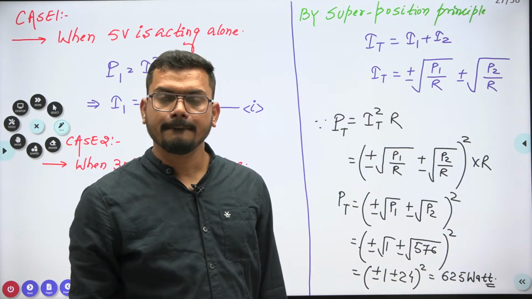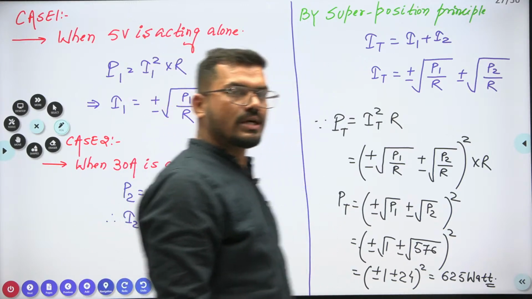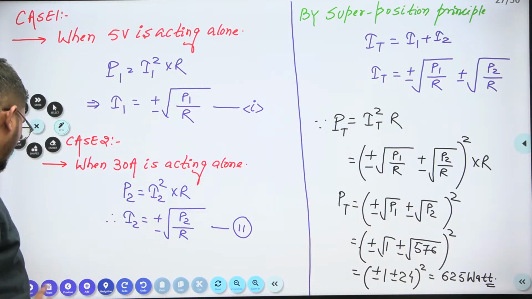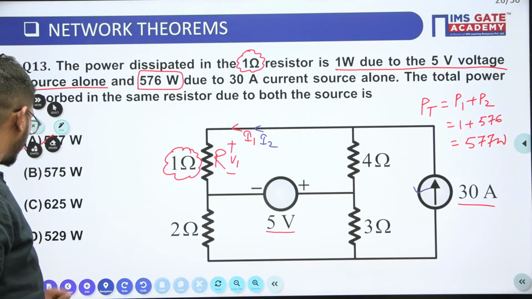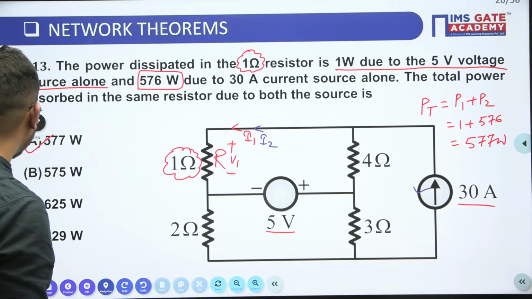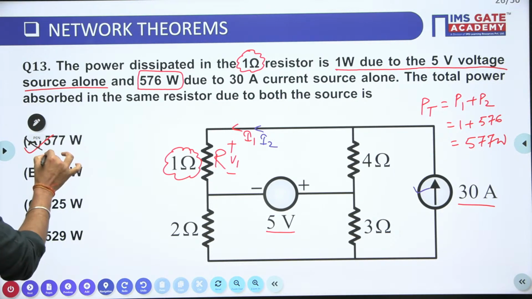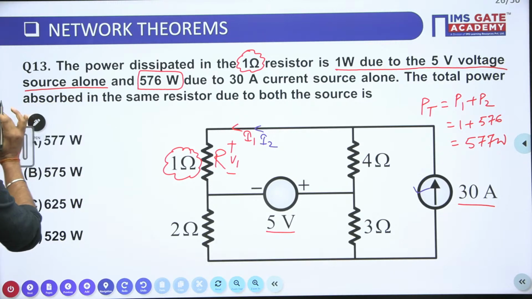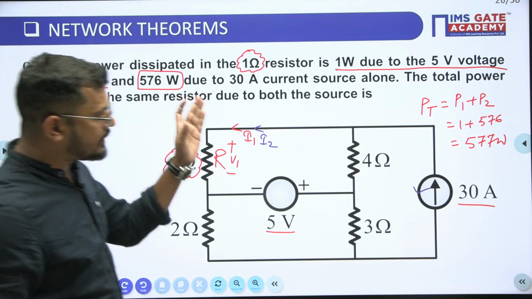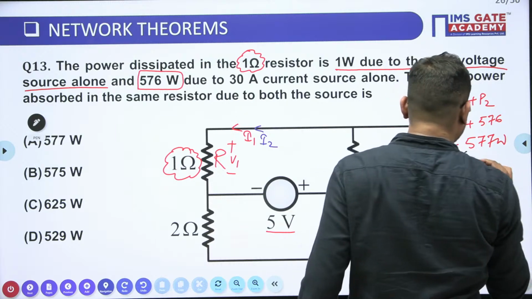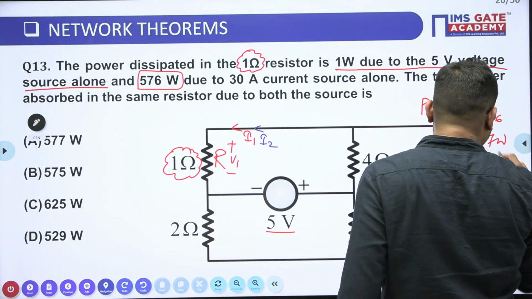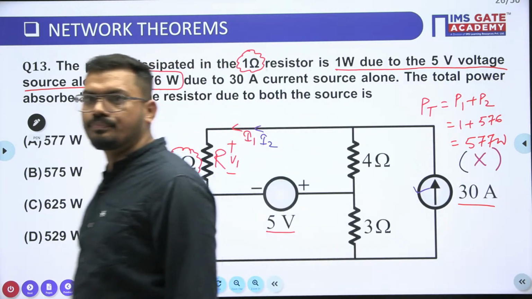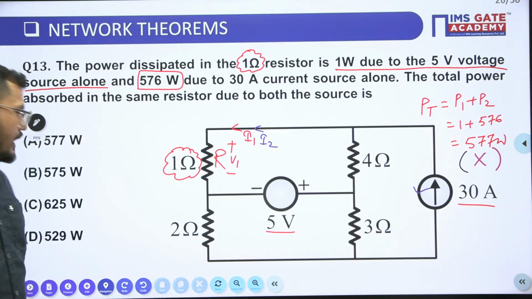Is it clear now? Okay, so what is the correct answer, guys? In this question, the correct option is how much? So this is the wrong answer, guys. This is actually the wrong method. And why are we not applying superposition directly? I think you have understood. So this is not correct. Is it clear? So the correct option is